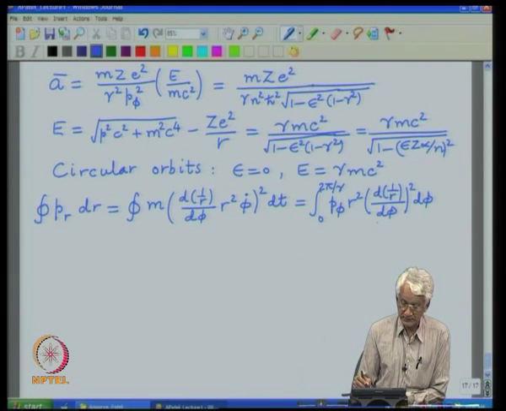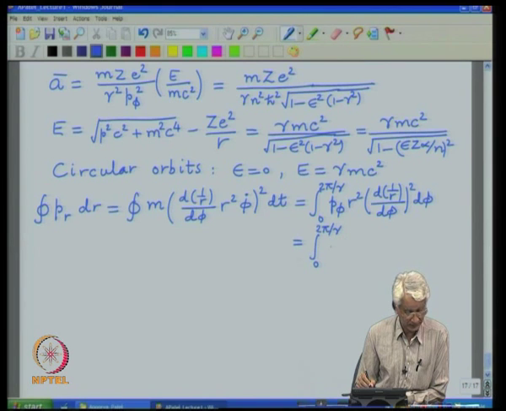The expression is essentially the same as in the non-relativistic case, except for the factor of gamma which appears inside the argument of the trigonometric functions, and so this can be rewritten as